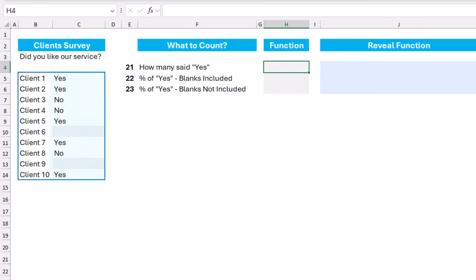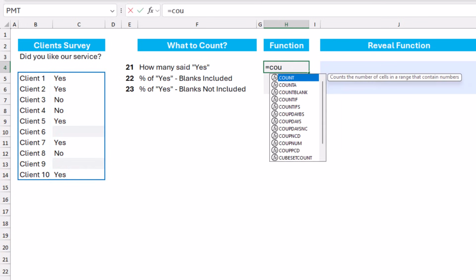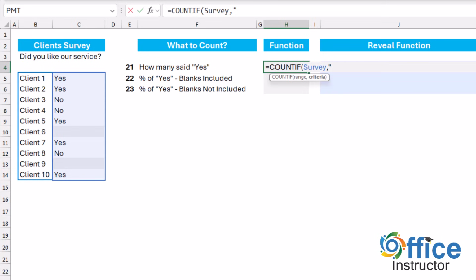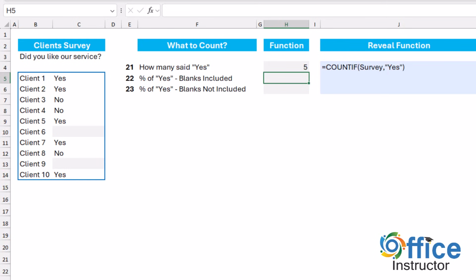So I'll be using a COUNTIF function, equal COUNTIF. I reference the range survey, and then I type a comma, and in double quotation, I type yes, and I close the double quotation, and I close the bracket, I hit enter. 5 clients responded yes. But what's the percentage of the clients who responded yes to all the clients who participated